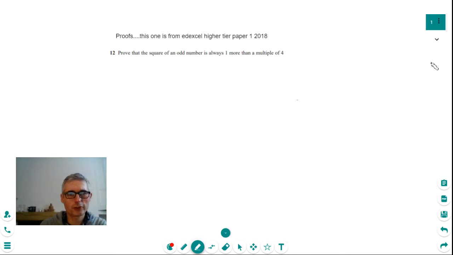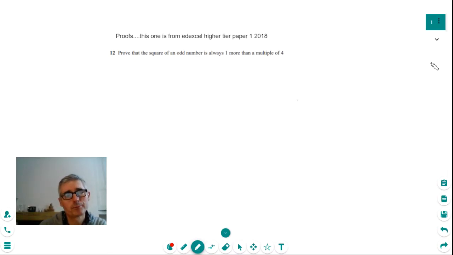Today I'm going to look at one of the questions from Edexcel Higher Tier Paper 1 from 2018, and this topic is proofs, which is one that people often find very difficult. So what I'm going to do is prove that the square of an odd number is always one more than a multiple of 4. So the first thing that we need to do is think about how would we represent